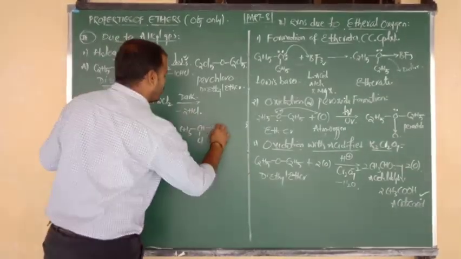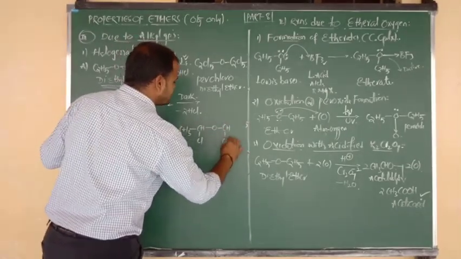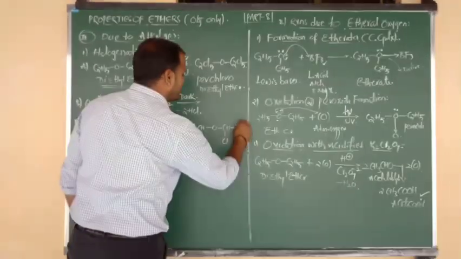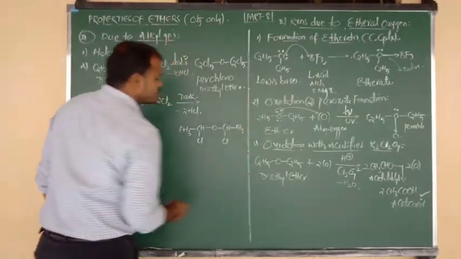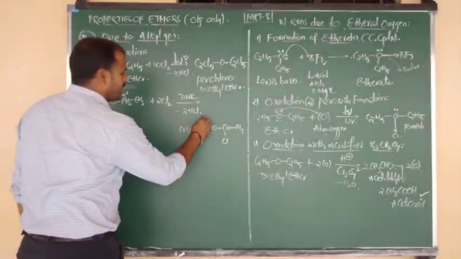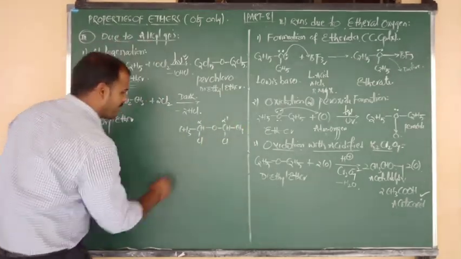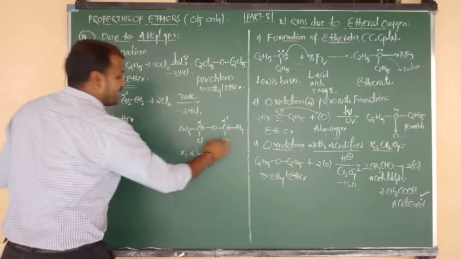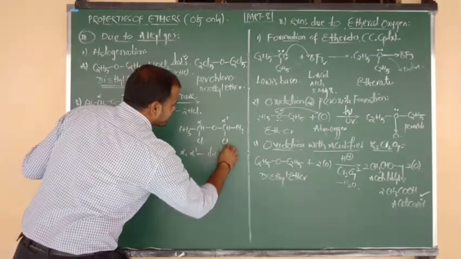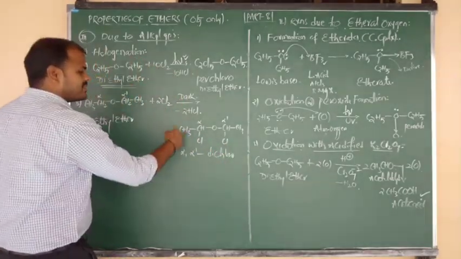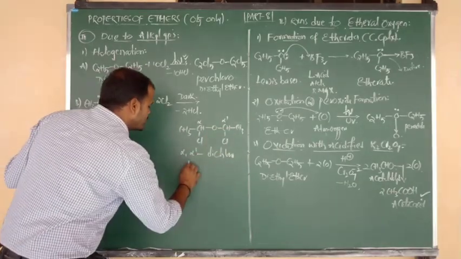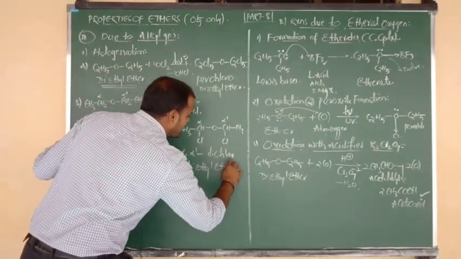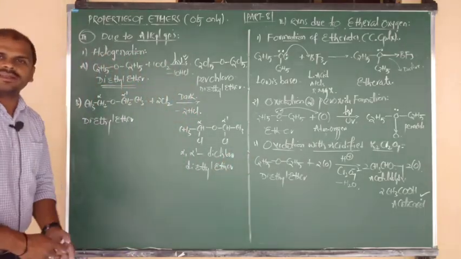Next it is connected to O, again O connected to CH. Below CH, what do we write again, beta? Cl, chlorination, again followed by it connected to CH3. So what is the name of this product here? This is alpha, and this is alpha prime. So alpha comma alpha prime dichloro, and the group is nothing but left ethyl, right ethyl, so we can say diethyl, and the functional group is nothing but ether.